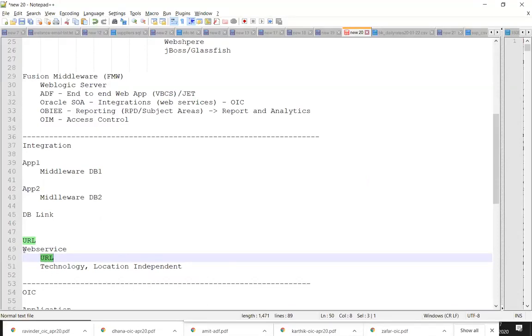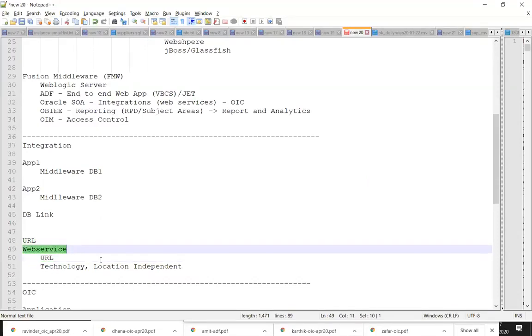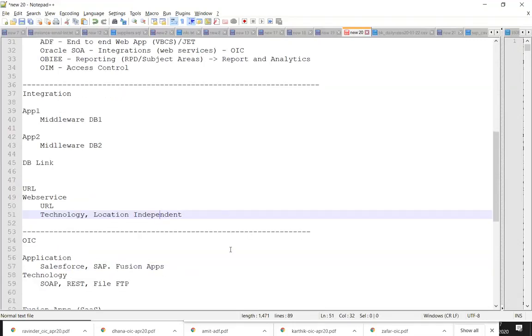That's how it becomes very generic: any functionality exposed as a web service can be invoked by any technology, and without being in the same location. It can be on some other host somewhere else, as long as there's connectivity between the client and server within the network.